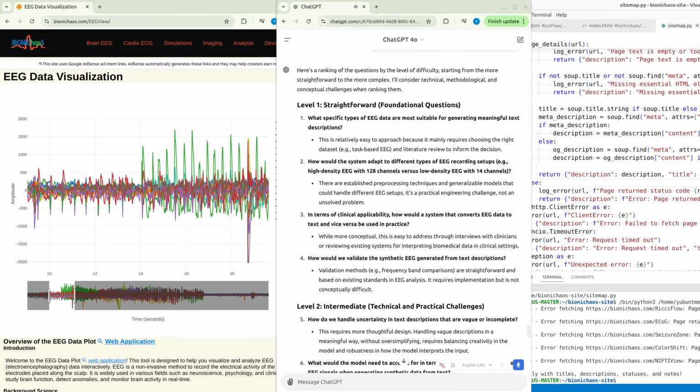Number 7. Have there been any studies that successfully combine machine learning with natural language processing to interpret biomedical signals in real time? Finding and reviewing relevant studies is relatively easy, but interpreting how applicable those methods are to your problem requires deeper investigation. 8. Can existing generative models, e.g., GANs or VAEs, handle the complexity of EEG waveforms? There is growing research on generative models for time series data, but EEG signals are particularly challenging. This is a technical difficulty, but it can be tackled by reviewing state-of-the-art time series GANs or VAEs and experimenting